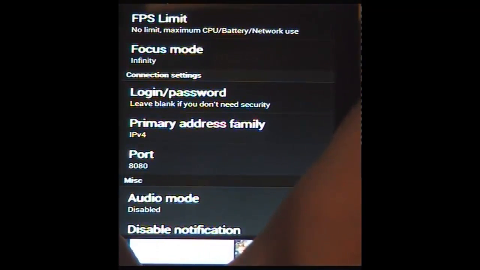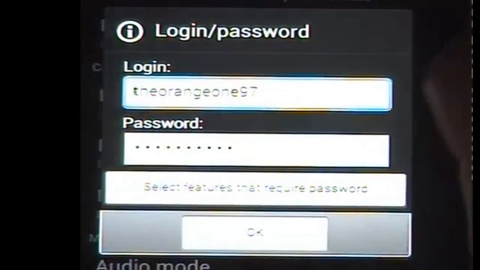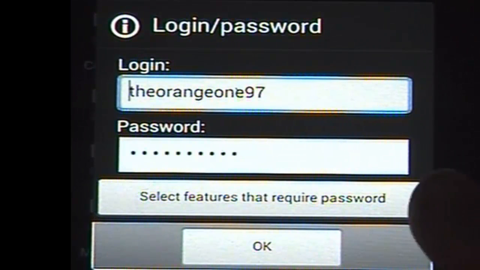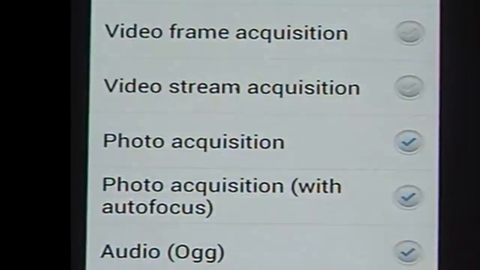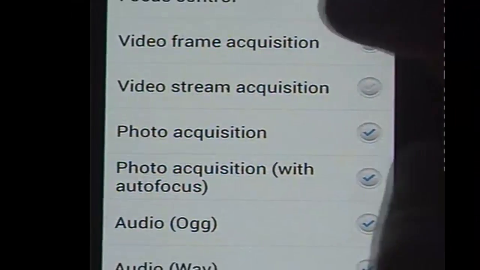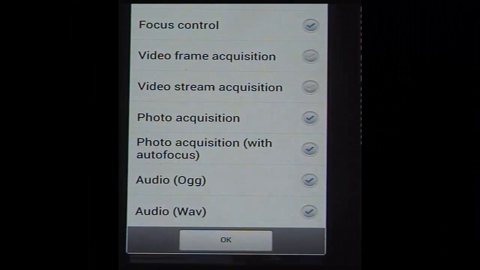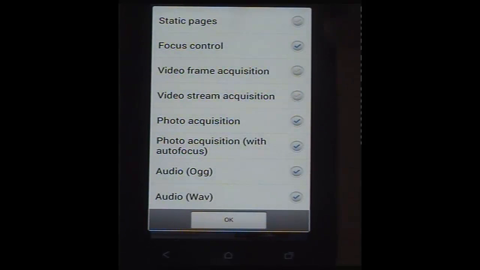Now this is what you need to stop anyone that you don't want getting in. With me, I have passwords already set, and you just type in the username and password you want. You only get one, so use it well. And all these settings are what it changes. So you've got static pages and all these ticks. Now I was experimenting with this for a very long time, and if you want to copy this layout, then